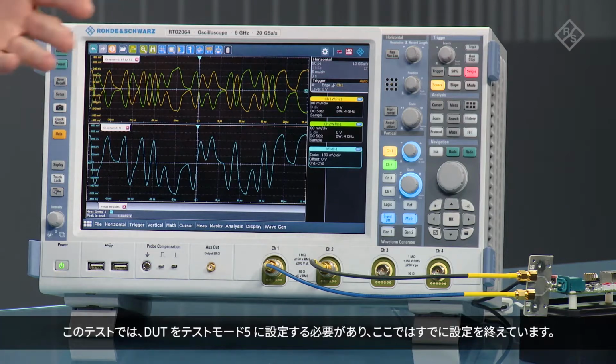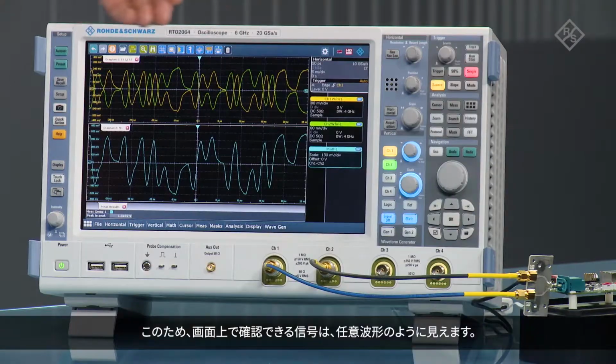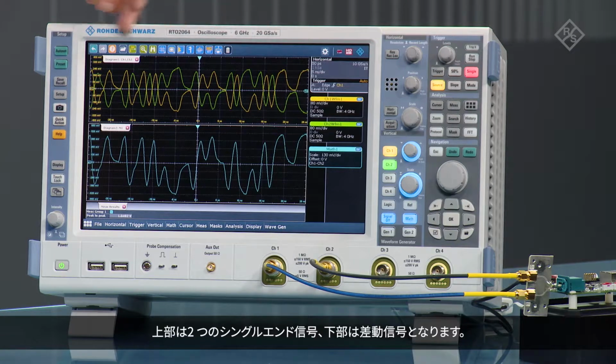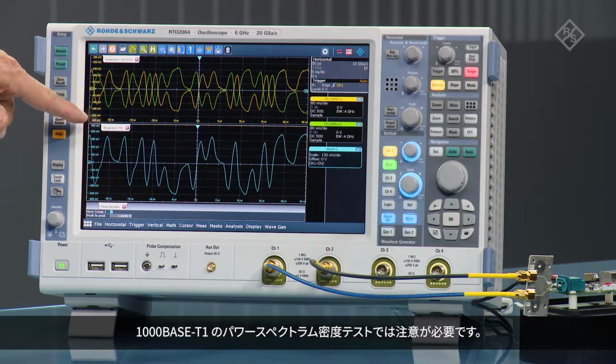I have done that. Test mode 5 is specified as a sequence of idle frames, so it's an arbitrary signal that you see here on the screen. What you see on the top are the two single-ended signals, as well as on the bottom the differential signal. It's important to note that for 1000Base-T1 power spectral density testing, part of that test is the peak-to-peak output